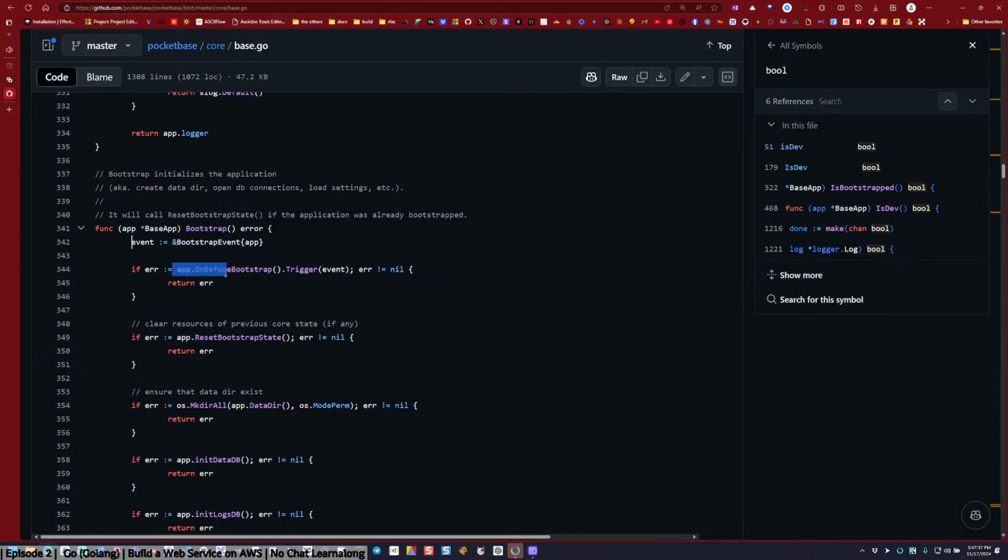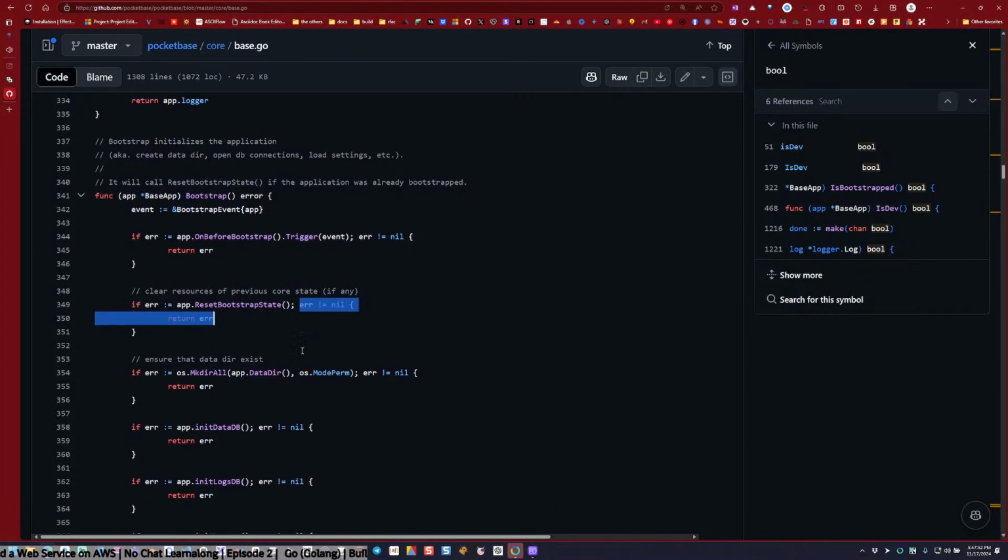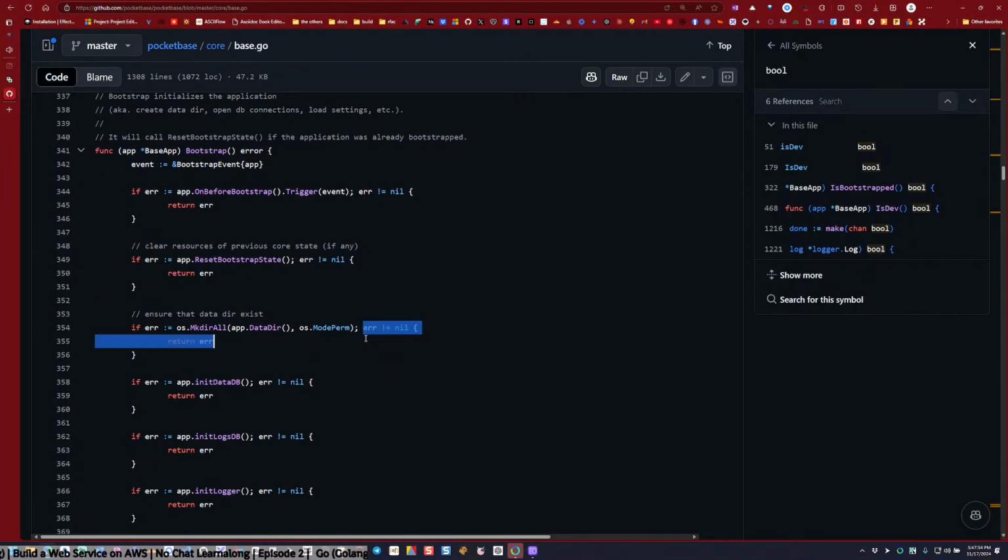If error, trigger event. So, okay, so like at each state change, you gotta handle all of them. Just gotta handle each.